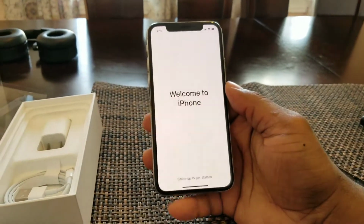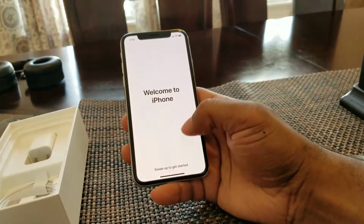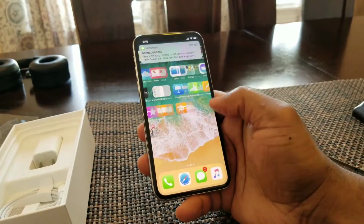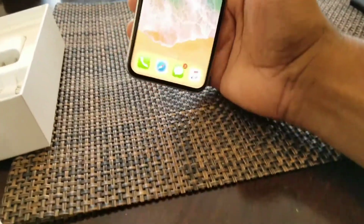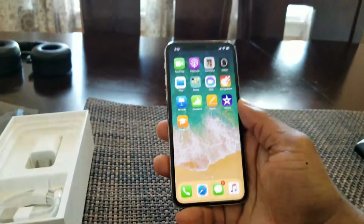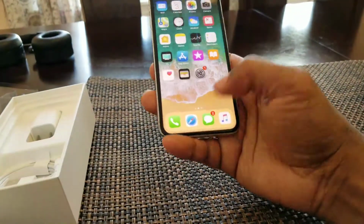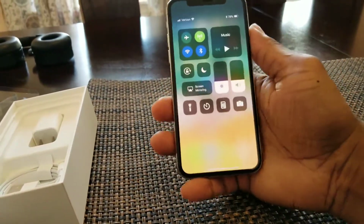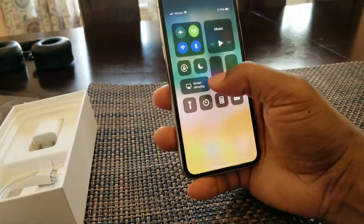There you go. Welcome to your iPhone. Swipe up to get started, and boom. There we are. Let's hide these messages. There you go. That was the unboxing